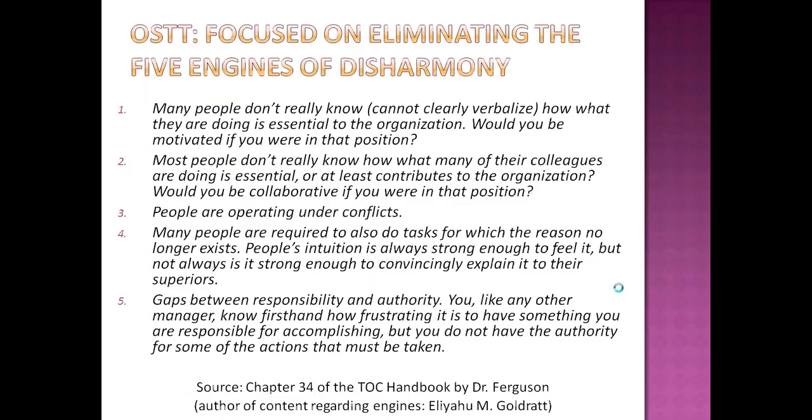So here's just a brief summary. I don't have an example to show you of this, but you can check back with TOC-ICO or other organizations to see what's been done with respect to organizational strategy and tactic trees. These are focused on eliminating the 5 engines of disharmony, which Eli actually wrote. These are his words exactly, which I put in my chapter of the Theory of Constraints Handbook,